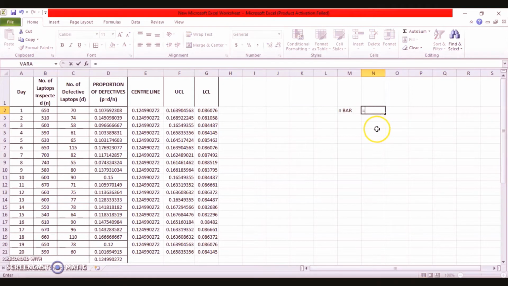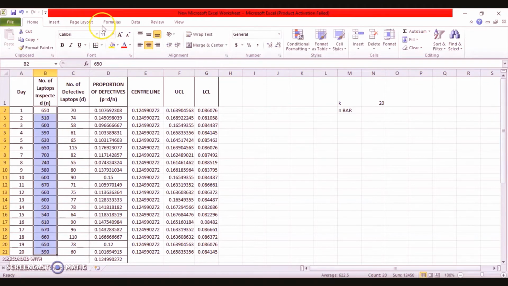Before putting that, I better write it down here. I mentioned in the beginning also our K value is 20, the total sample. To calculate this N bar value, first we have to find out the sum of all the N values.